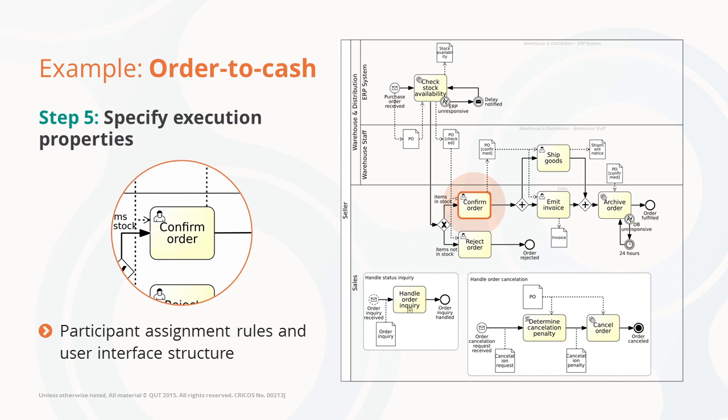Now, in terms of participant assignment rules, we decide how participants are going to be assigned to what task. So the allocation strategy, for example, could be the one with the shortest queue, or randomly, or even based on some capabilities, like the one that is most experienced with this particular type of order, like international orders or orders